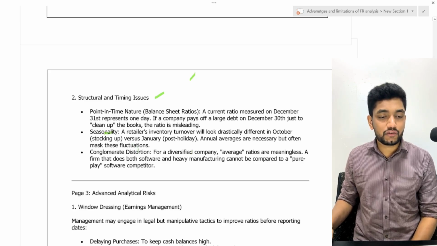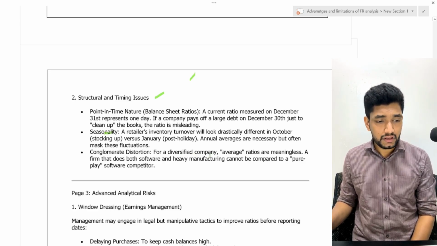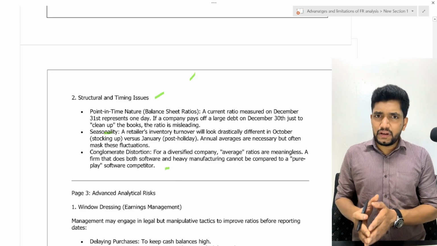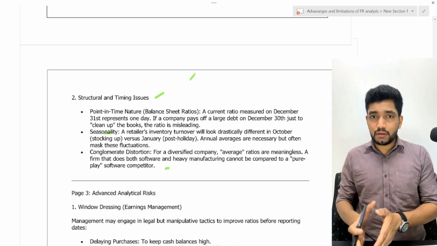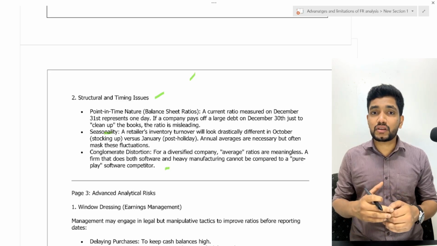Then the conglomerate distortion. For a diversified company, average ratios are meaningless. A firm that does both software and heavy manufacturing cannot be compared with a pure-play software firm. That is, we cannot compare one company directly to another without considering its operational structure and its policies,